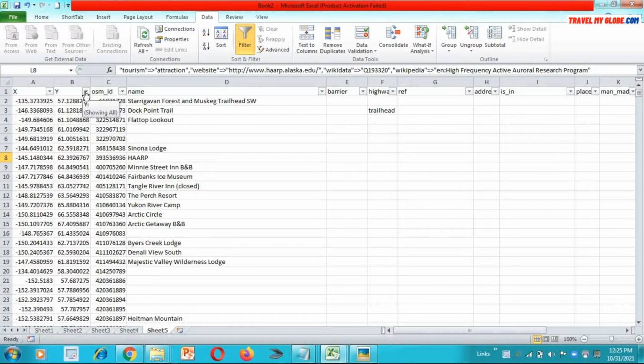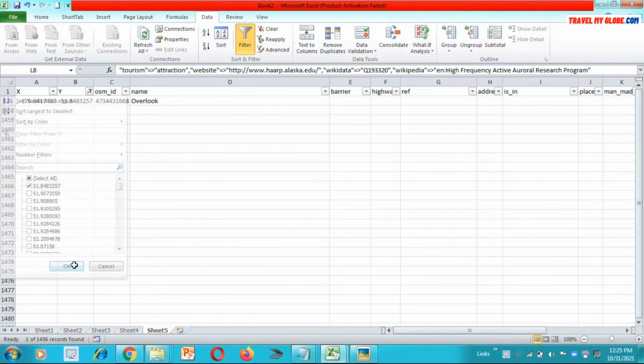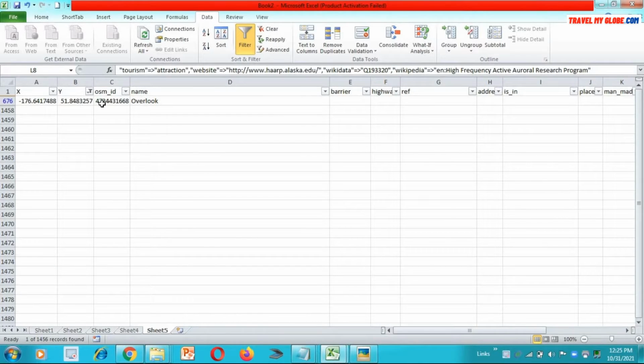If you want to extract a number value, for example, I want to filter a particular type of ID, I want this ID, then the filter will work for you. It will show only that record wherever that ID matches. So see how the filter works.